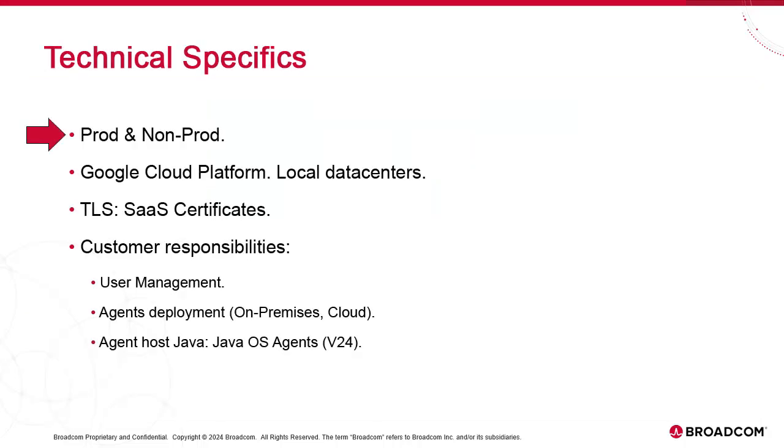Broadcom provides a production and a non-production instance for each customer. Each instance comes with its own AWI, JCP, and REST endpoints. They're clearly named to distinguish between production and non-production. Automic SaaS is hosted on the Google Cloud Platform with multiple data centers for geographical coverage in Europe and the